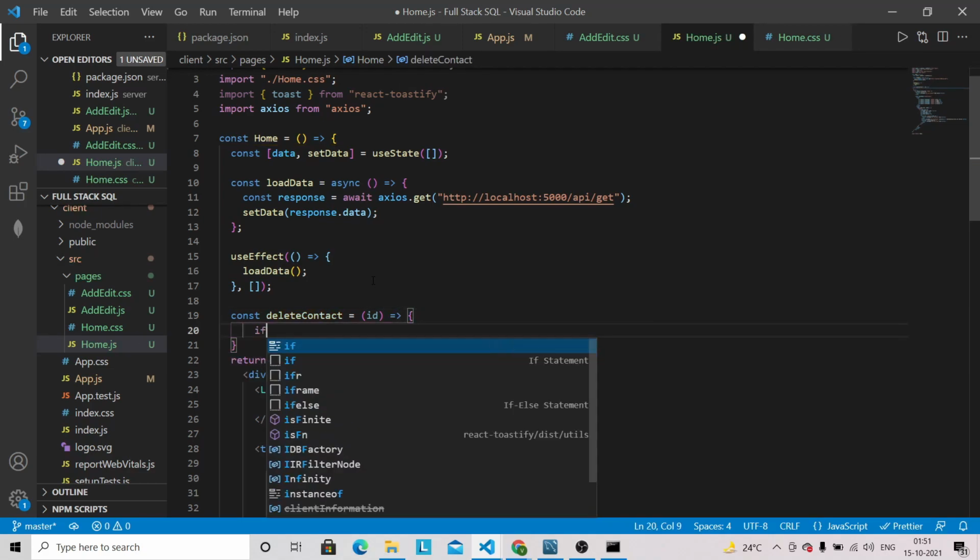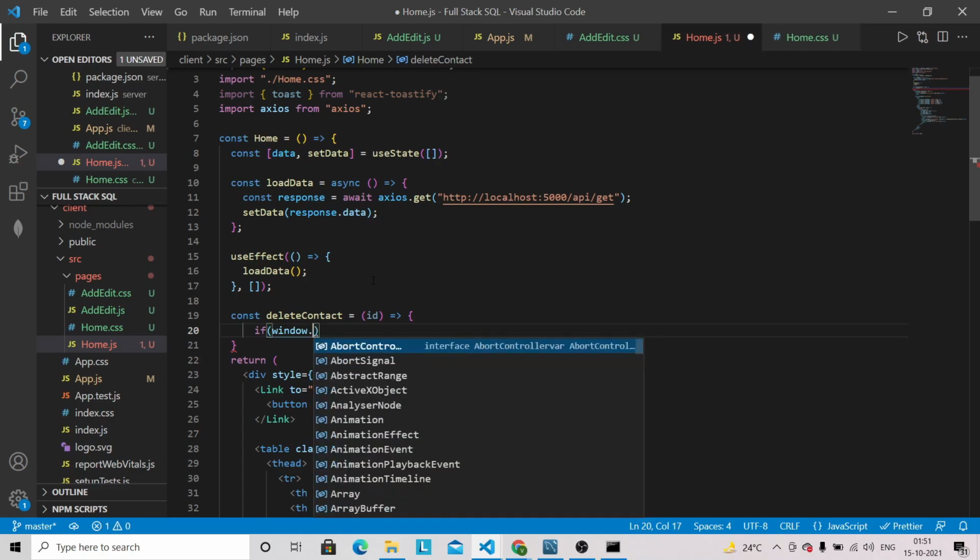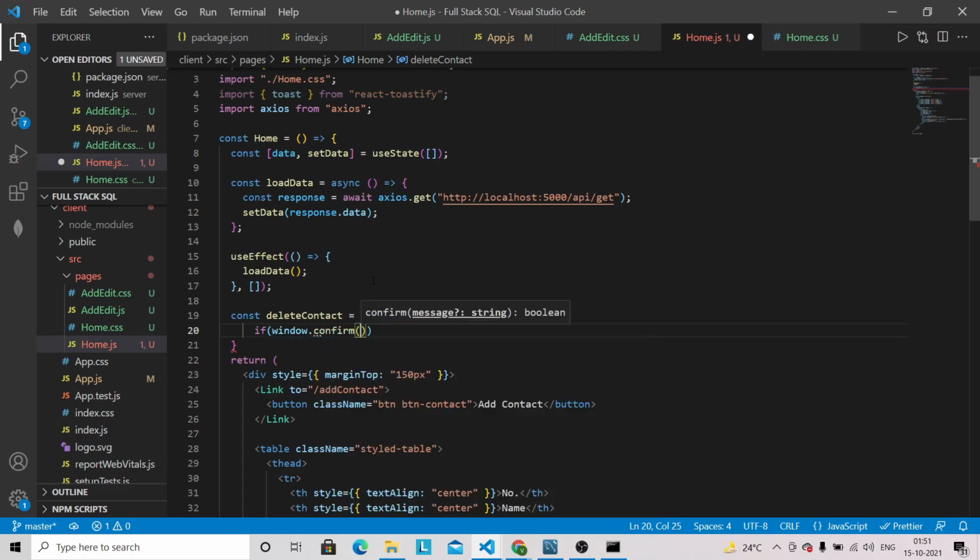Okay, and we can check here, so we can basically show a window pop-up confirm message to the user, like, are you sure you wanted to delete that contact? So we can show a message like this to the user.